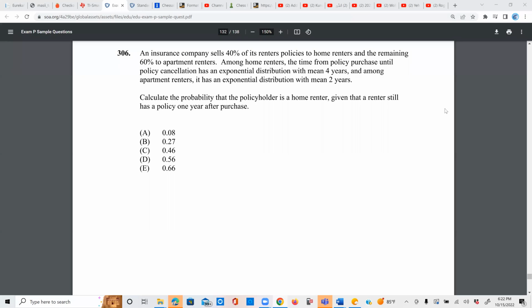An insurance company sells 40% of its renter policies to home renters and the remaining 60% to apartment renters. Among home renters, the time from policy purchase until policy cancellation is exponential with mean 4 years. And among apartment renters, it is exponential with mean 2 years. Calculate the probability that the policyholder is a home renter given that a renter still has a policy after 1